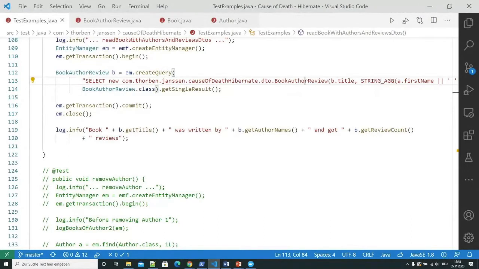Then Michael asks, how can you use paging if you neither want to load one or all entities, for example, authors?